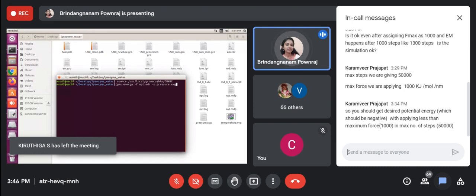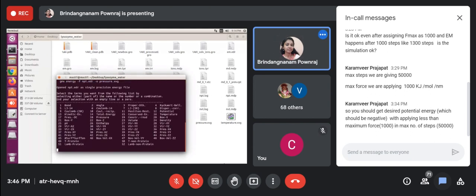So here also I'm giving the same command. Only the difference is I'm giving here pressure.xvg and I'm going to specify that npt.edr file as the input file and the output file as the xvg file. So this is for pressure, right?